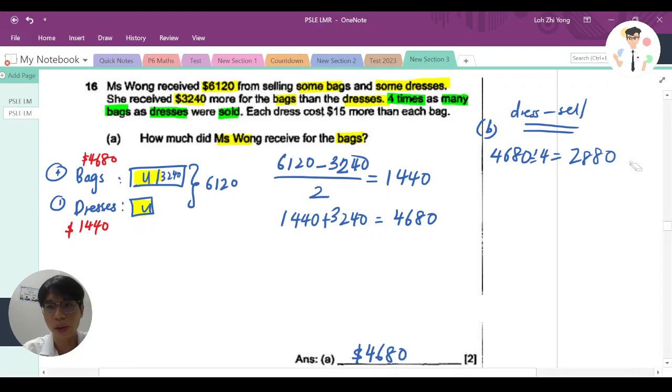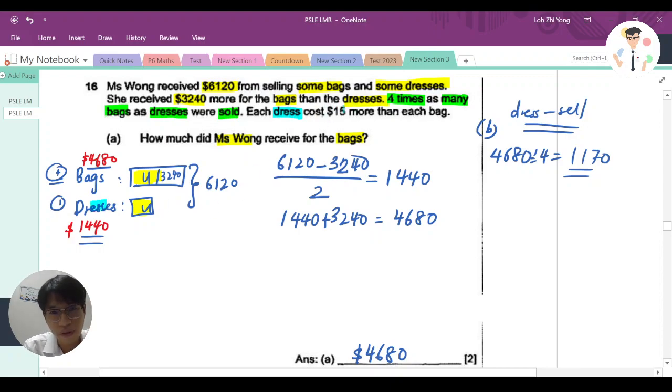They'll be equal to 1170. Okay, but you see, even this 4680 divided by 4, you get 1170 here, but here is 1440. Why is there such a difference here? Because, question continues, because